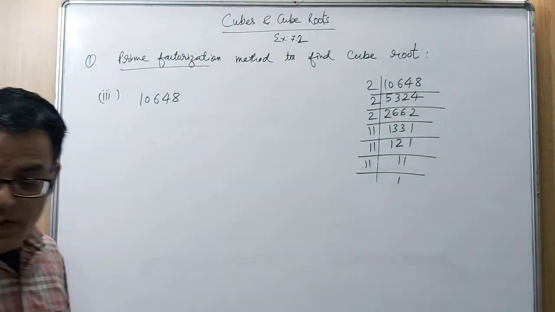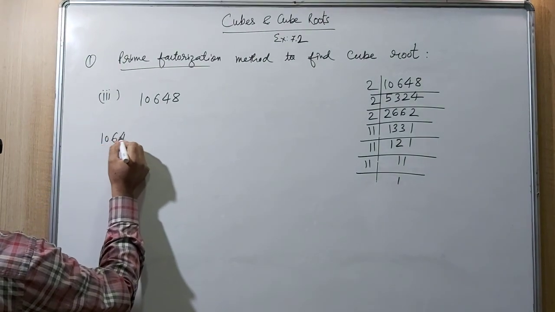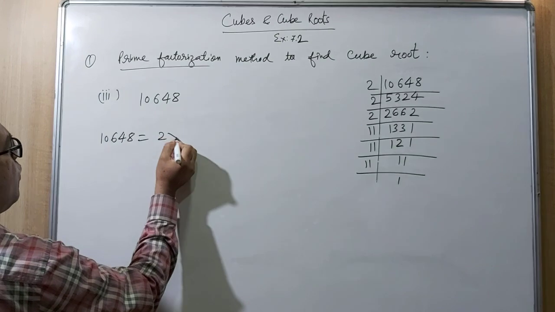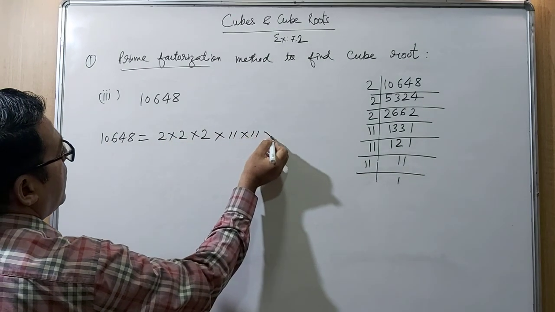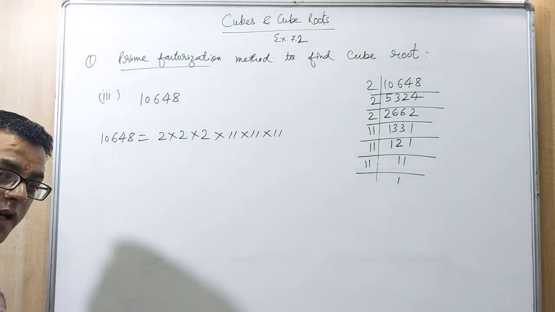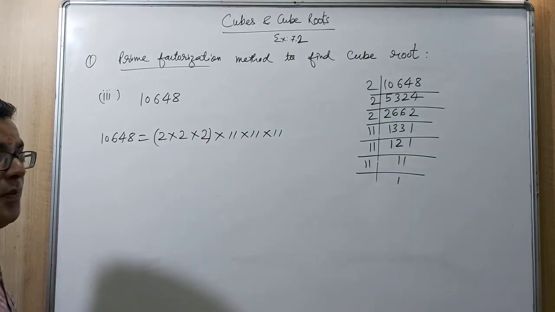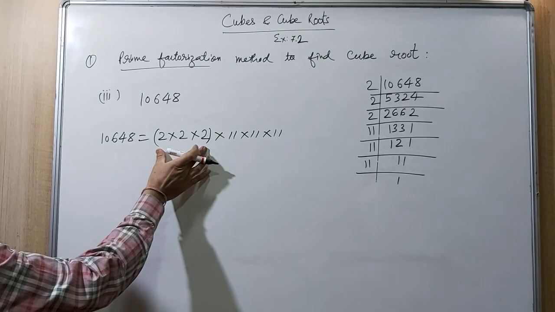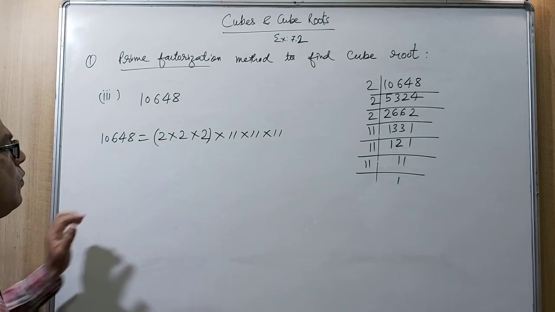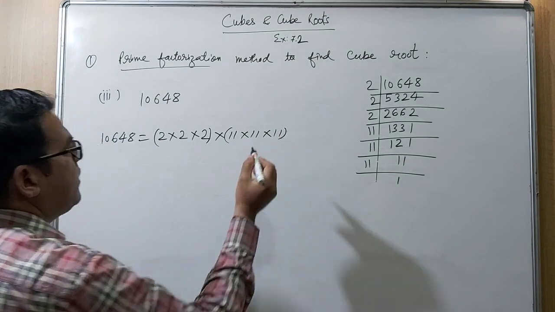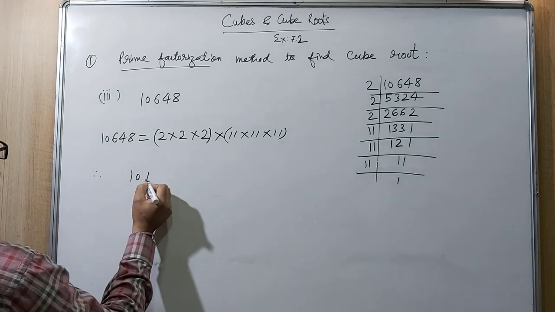So you can see here factors of 10,648 are 2 into 2 into 2 and 11 into 11 into 11, right? And next step is to write in triplets. So here you can see we have triplet of 2, since we have 3 times 2's, and here also we have 3 times 11. So therefore cube root of